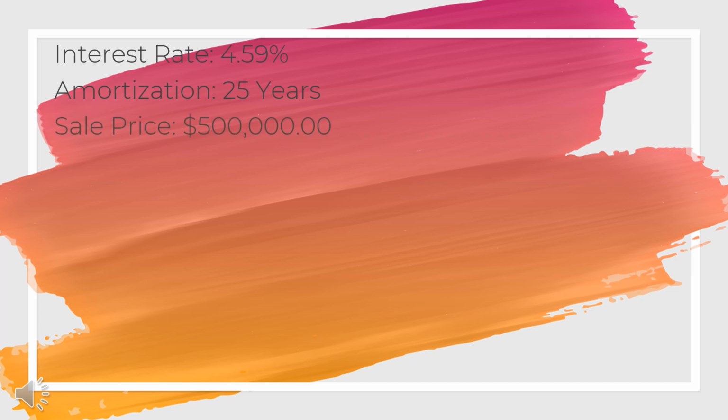And let's say the client has a bad credit score or has some collections on it, so there's no way they will be qualifying with the A lender. So let's calculate if they are getting it from the B lender at 4.99, we can always give them a little bit lower interest rate at 4.59 with a 25-year amortization, $500,000 the purchase price less the $40,000 as down payment. So their monthly mortgage will be